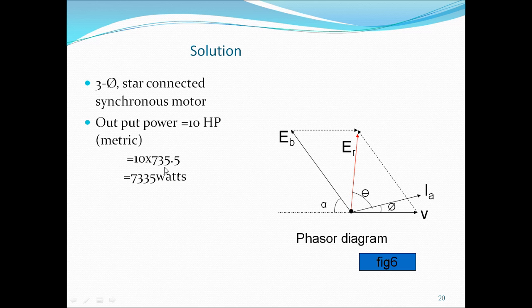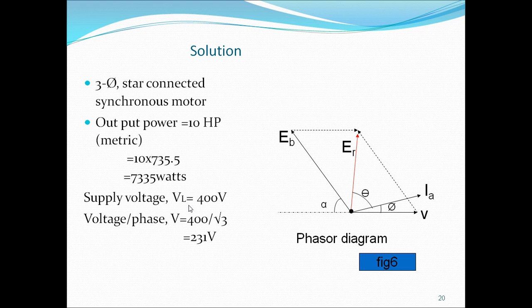Multiply this with 735.5, which gives 7355 watts, where supply voltage VL is equal to 400 volts, and convert this line value into phase value, that is VL by root 3, that is 400 by root 3, and that is 231 volts. Draw the vector diagram,